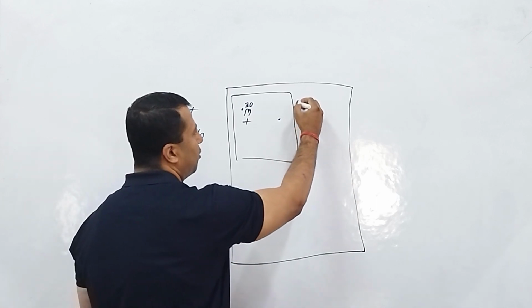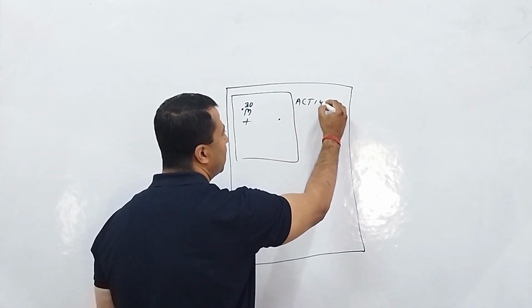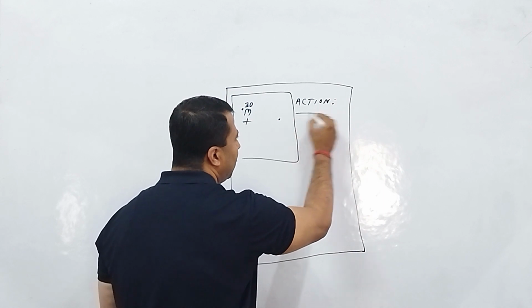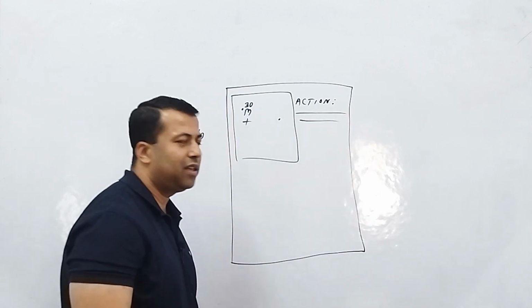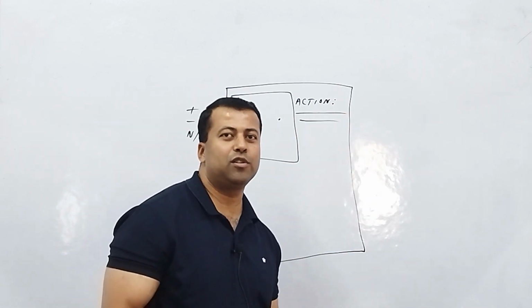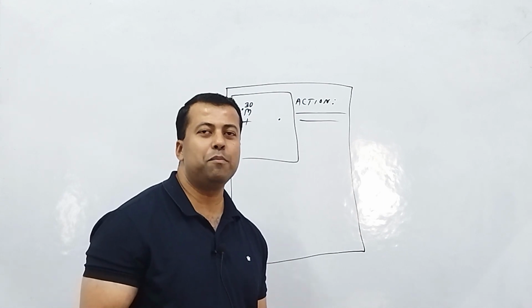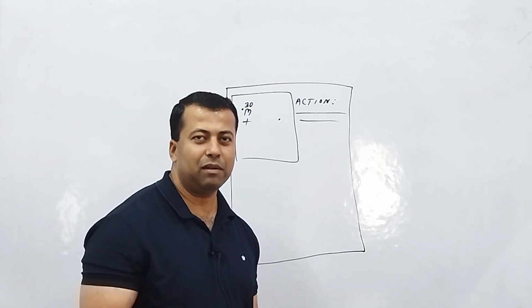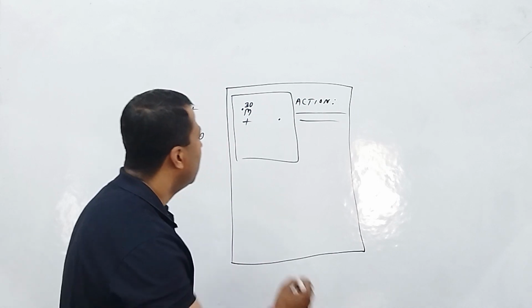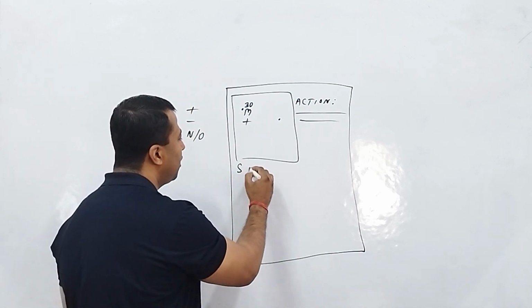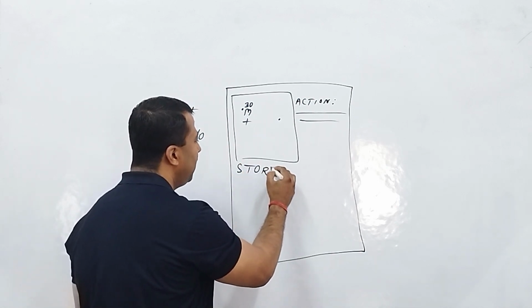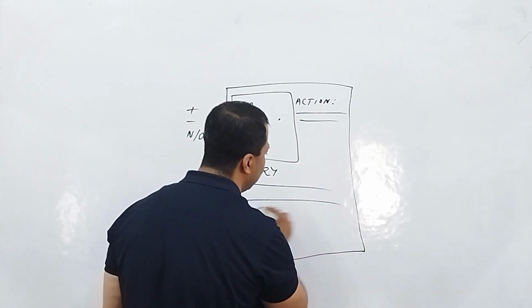On the right side of the square box, there will be a word printed called action. In this, you will be basically writing a one-liner action, which means what is your story all about? What is the main activity going on in your story? Okay. Below this box, you will write your story in this space provided.